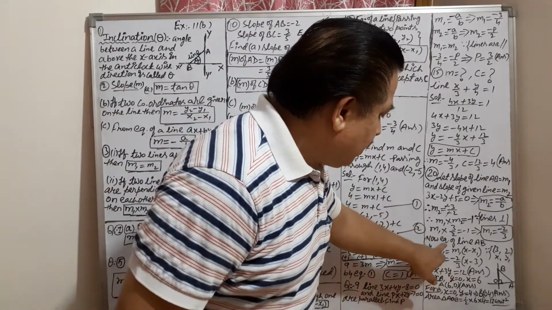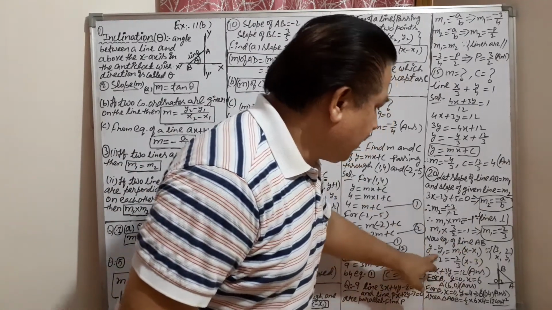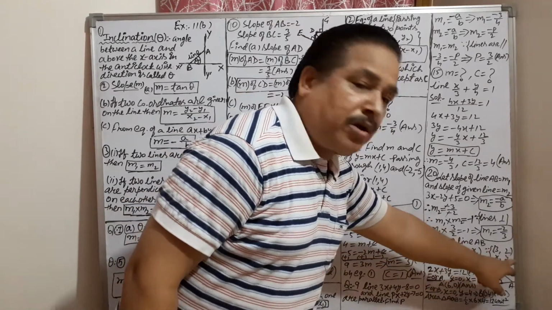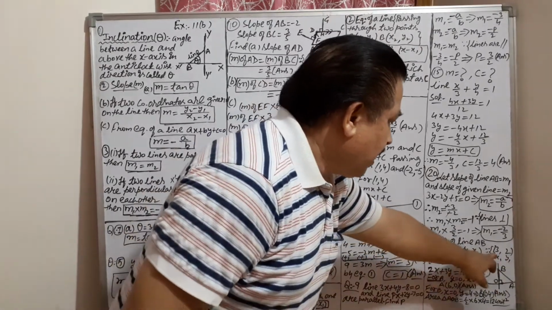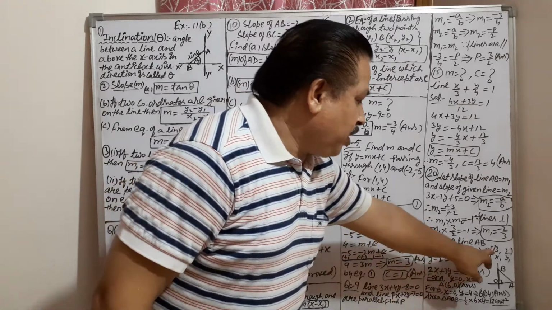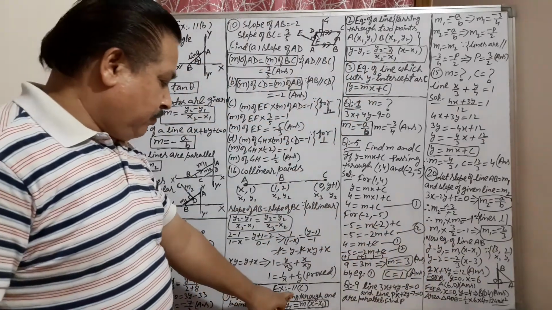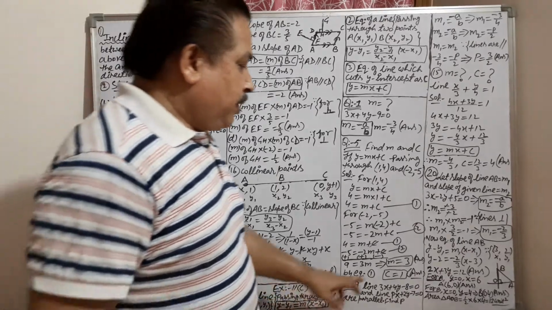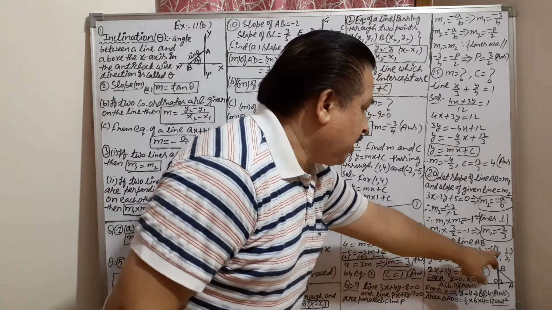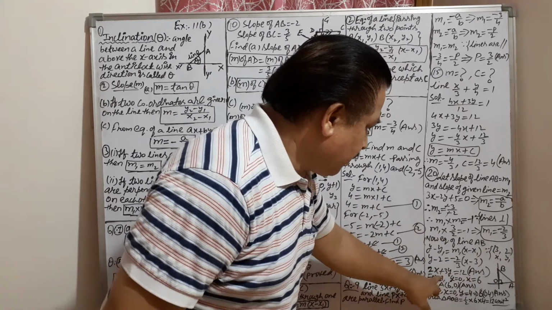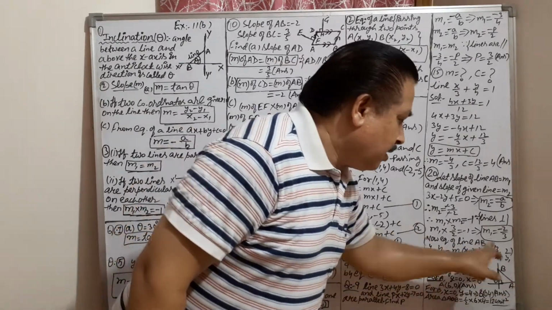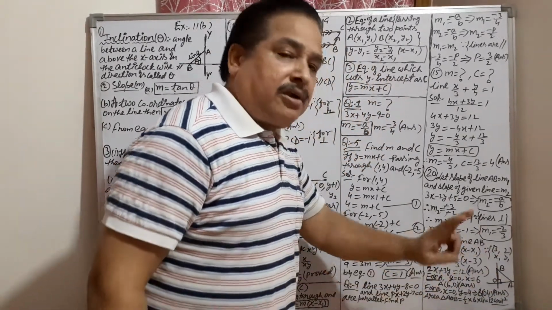Now the equation of line AB: y minus y1 equals m1 times x minus x1, because AB is passing through 3, 2. So 3 as x1, 2 as y1. So this line AB is passing through 1 point, so the one-point formula is here, the equation of a line passing through 1 point. The point is already given, 3, 2. So in place of x1, y1 put 3 and 2. So this is the equation of the line, 2x plus 3y equals 12. Answer.